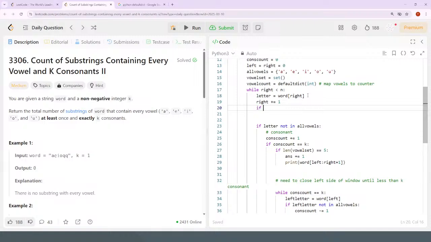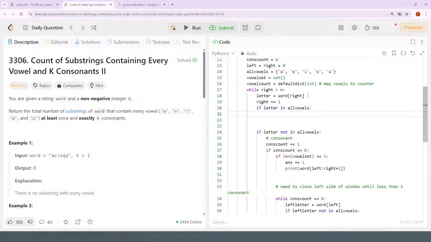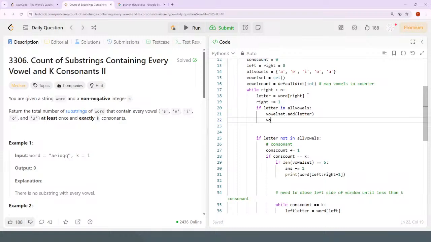If the letter is in all vowels, so it's a vowel, then vowel set dot add this letter, and the vowel count for this letter is incremented by 1,